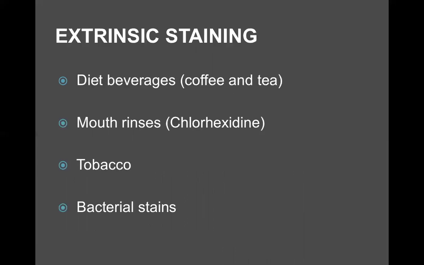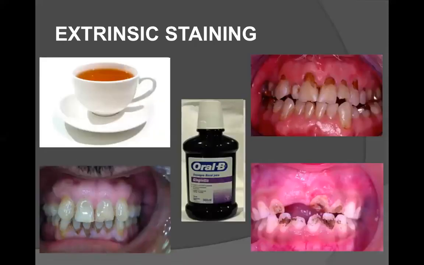Extrinsic staining is brought about by diet beverages like coffee, tea, cola, and colored food substances absorbed onto the tooth. Mouth rinses like chlorhexidine can also bring about a discoloration of the tooth. Tobacco and pan stains is another causative factor for discoloration of the tooth. Bacterial stains also can cause discoloration of the tooth. So you have seen very commonly, this is the kind of teeth patients present with and come to us